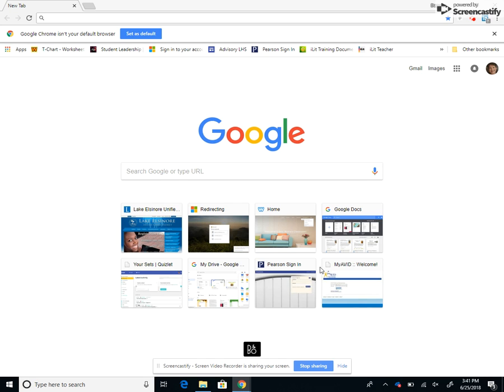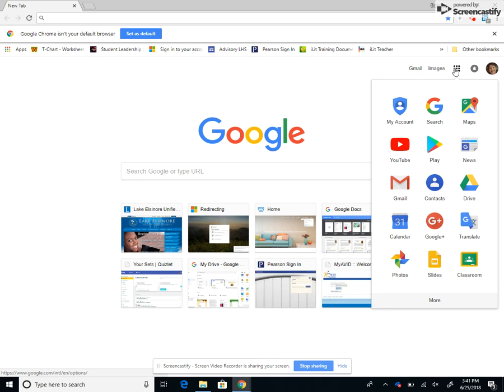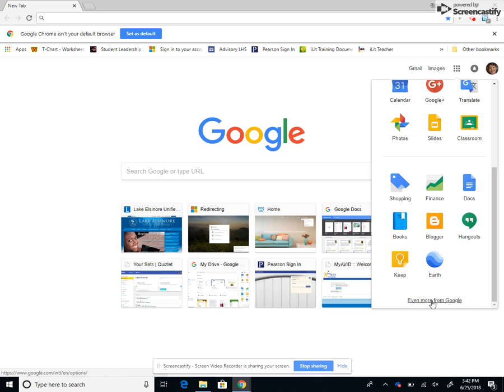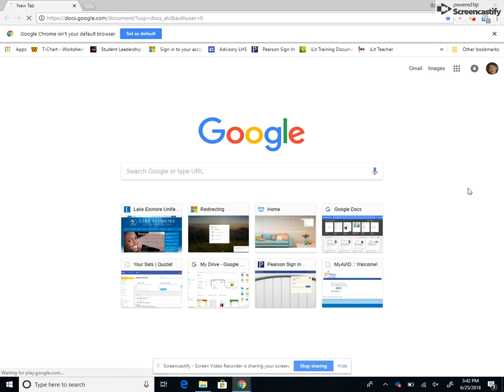Going to show you how to open a document in Google Docs and how to format it in MLA format. So you're looking at Google right now. So I'm going up here to get all of the Google applications, and I'm going to move down where it says more. And now I see Docs. So I click on Docs,